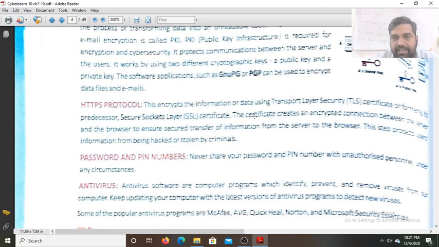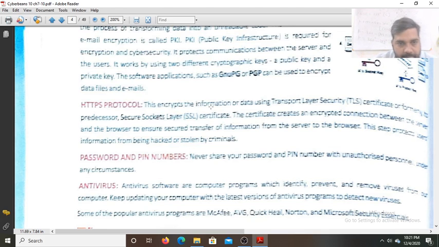Now the certificate creates an encrypted connection between the server and the browser to ensure the secure transfer of the information from the server to the browser. So this process prevents the information from being hacked or stolen by criminals. Whatever message we send using this protocol will not go in plain text form, it will go in ciphertext form, which is an unreadable format, which cannot be read by any